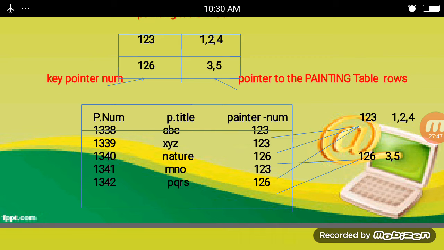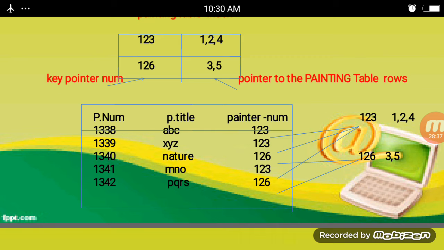The painting table rows indicating 123 are three rows, and 126 has two rows, indicating two entries, and 35, as shown in the table relationship.